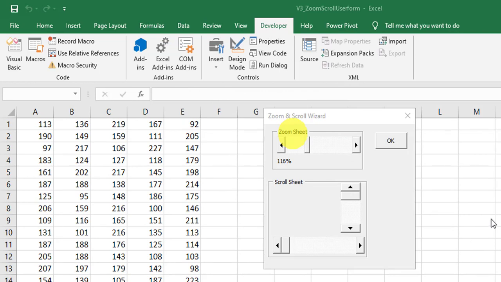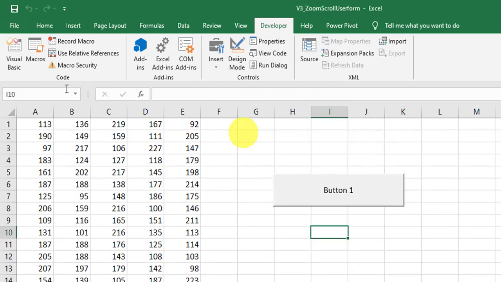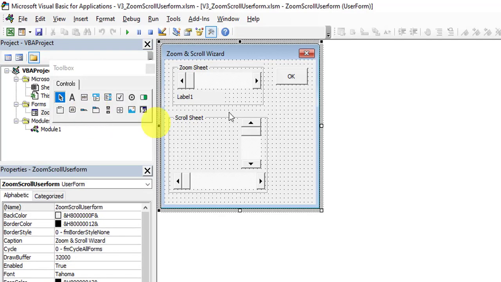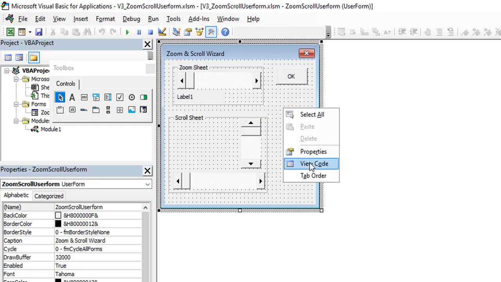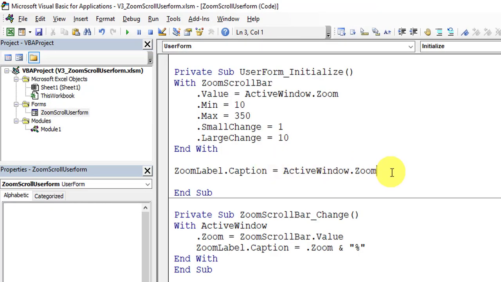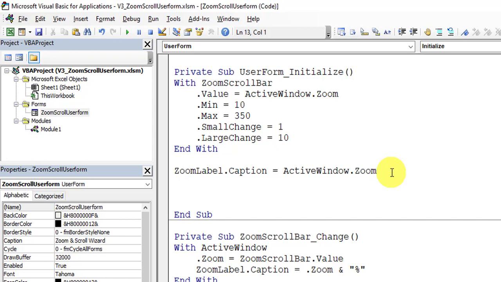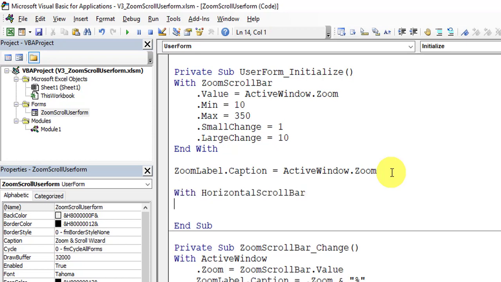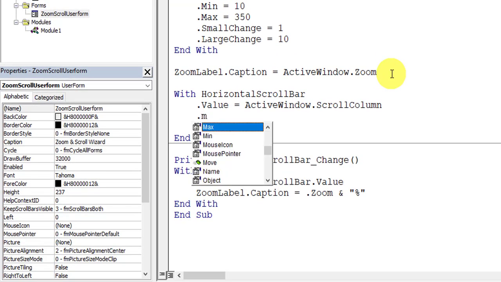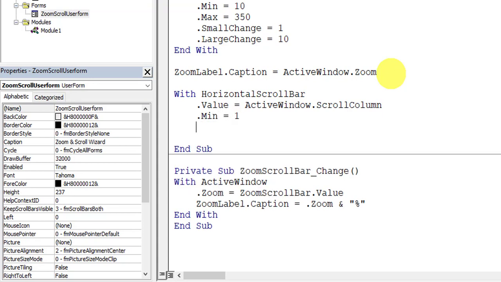As we did for the zoom scroll bar, set the properties for the horizontal scroll bar in the user form initialize event handler. Set the horizontal scroll bar value to the current first column number of the active window. Set the minimum column number that you want to see when you use the scroll bar.